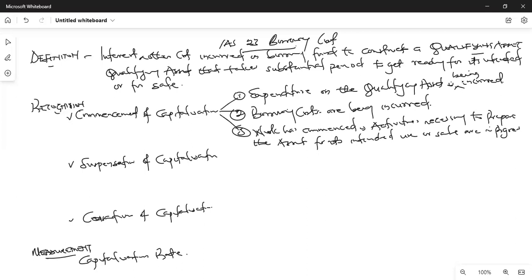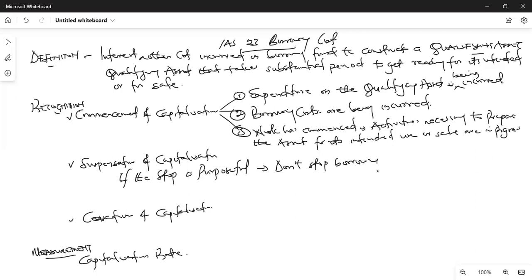I try to make this easier for students. If whatever made you stop is purposeful, and what I mean by purposeful is that it's part of the process of getting the asset ready, then you don't stop